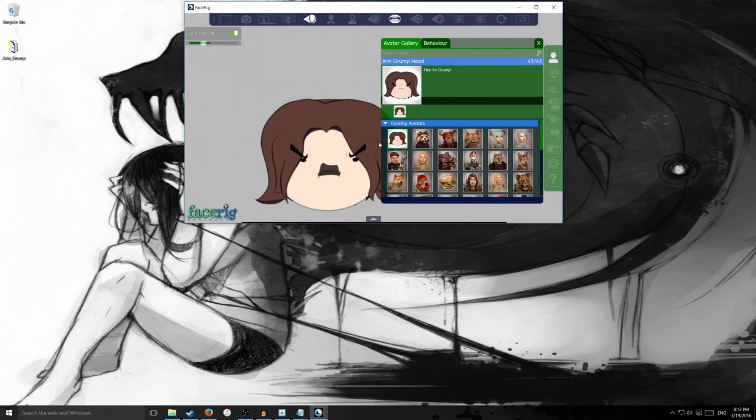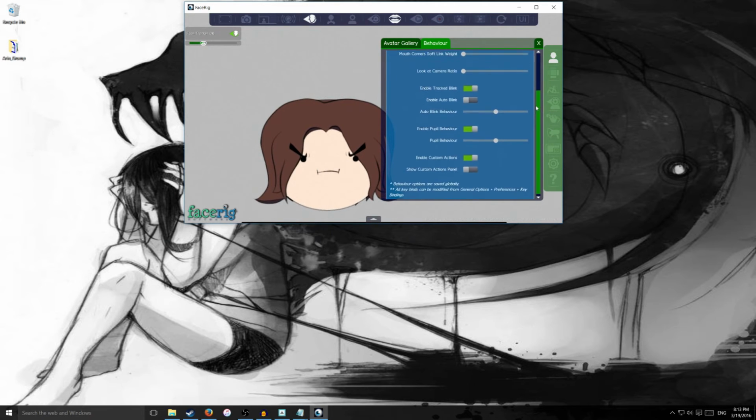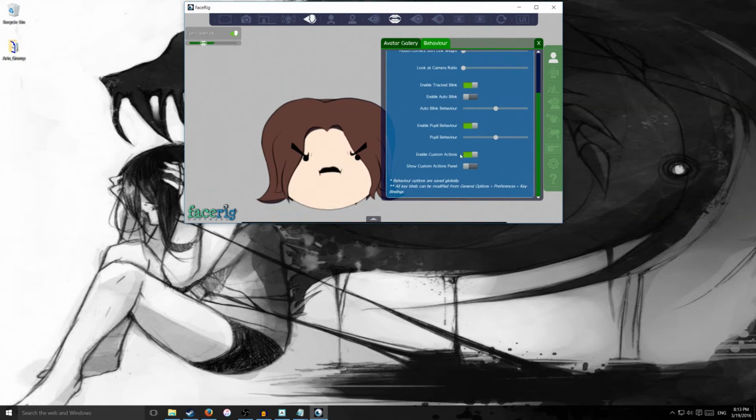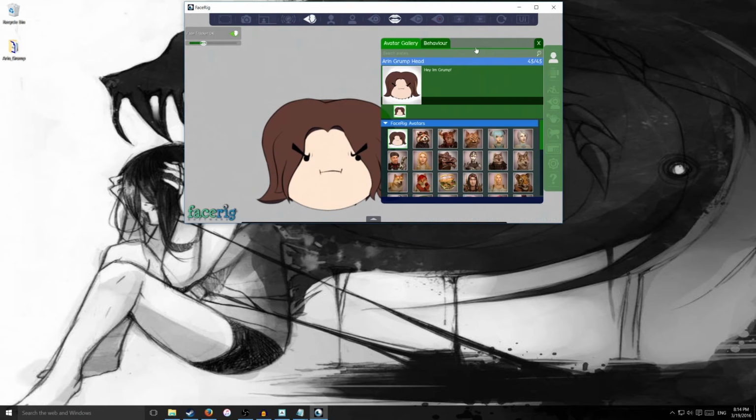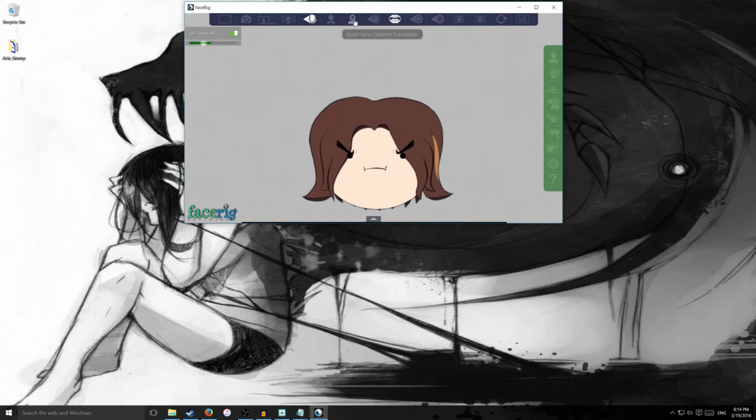So before we test out our animations, let's go to the Behavior tab and scroll down and make sure Custom Actions is enabled. So you should see the green rectangle here if it's on. So if that's on, let's go ahead and X out of this. Now, how I set it up is when I press Q, it should blush, and when I press W, it should fart. So I'm just gonna calibrate myself here,